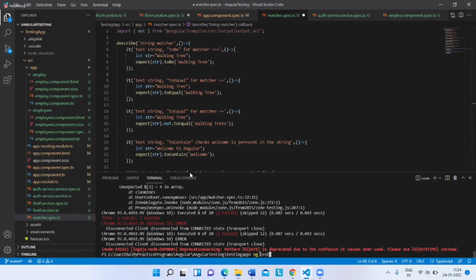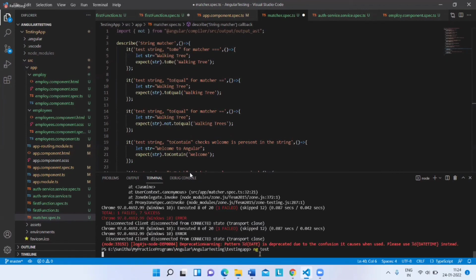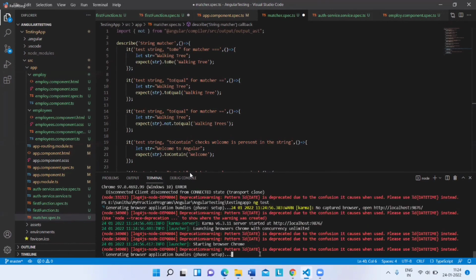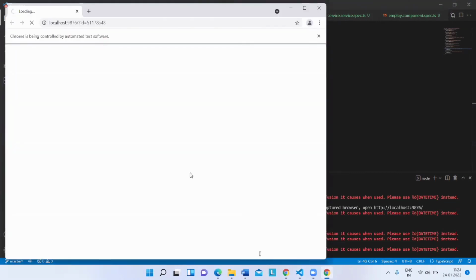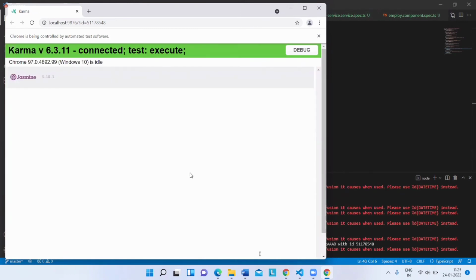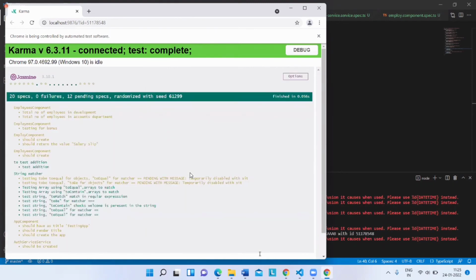ng test. Now you can see 20 specs, 0 failures, 12 pending specs.